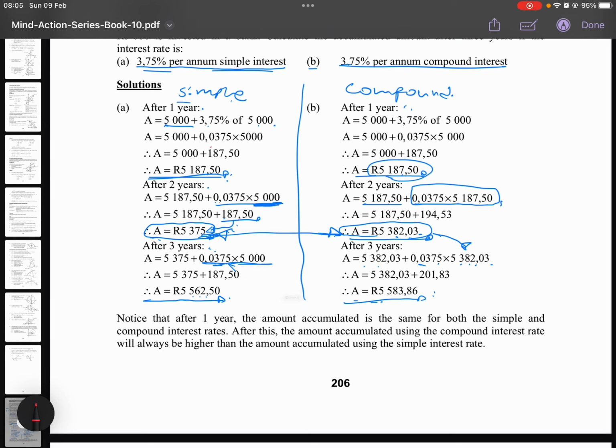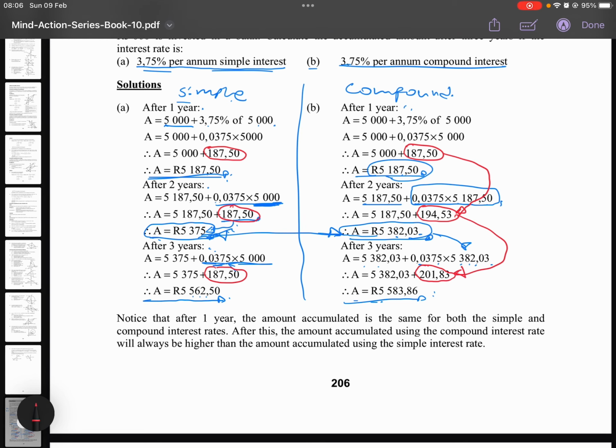So you see, you earn 187.50 after the first year. After the second year, you still earn 187.50. After the third year, you earn 187.50 again. But with compound interest, the first year you earn 187.50, the second year you earn 194.53, and in the third year you earn 201 rand 83 cents. So the amount of interest you keep earning keeps going higher because you are earning it on an accumulated amount,